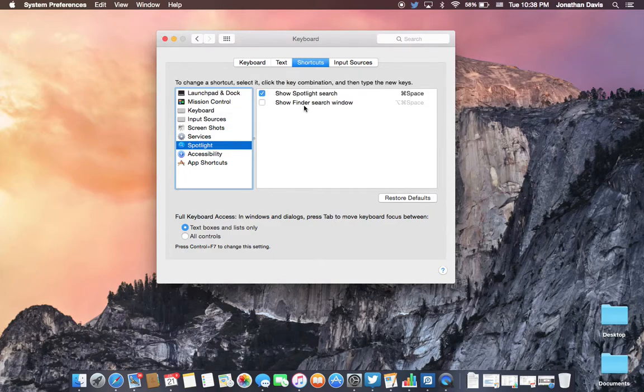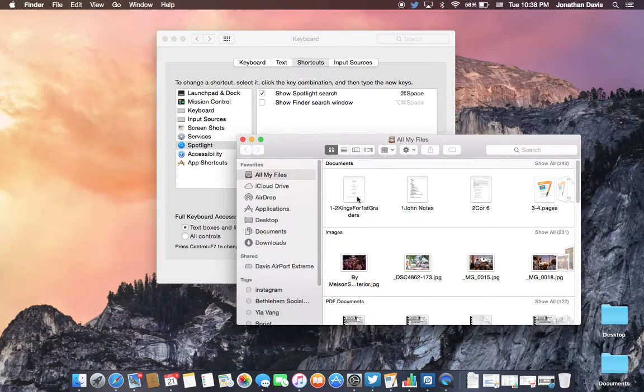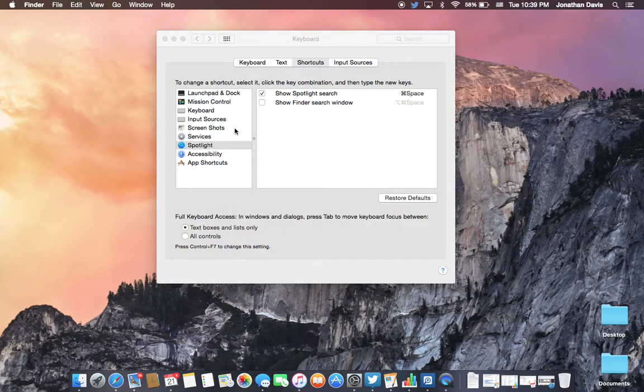What this search window is, in a Finder window, is this little guy right here. So it would bring up a search window for searching just in Finder. And normally when I'm in Finder, I'm already using my trackpad or my mouse to move files around. So I'm not really concerned about losing that Show Finder search window shortcut, because since I'm already using my mouse, I can just click over here and start typing in what I need. So now with that warning symbol gone,